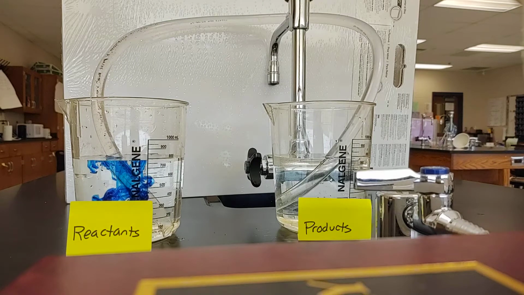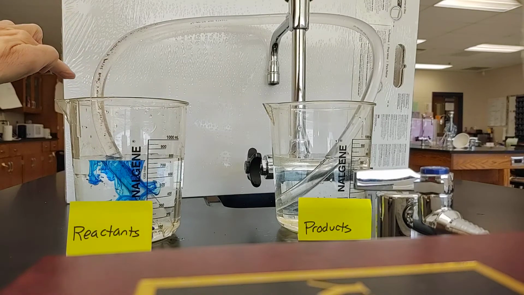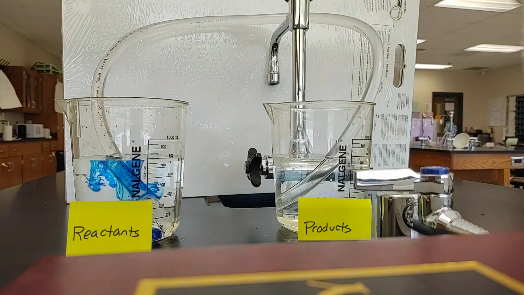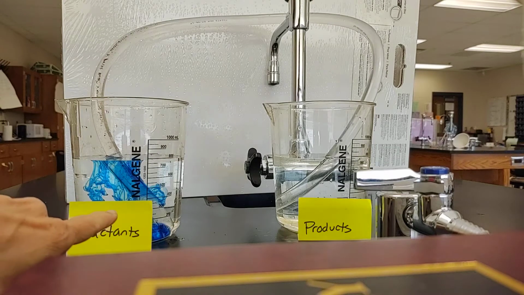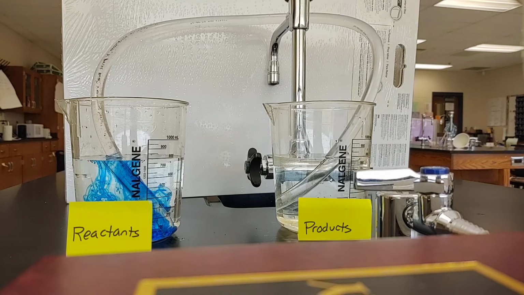Okay, so we have our two containers. They're both full of water. They are connected by a tube, and the tube is full of water as well. And as you can see, one is labeled reactants and one is labeled as products. Le Chatelier's principle says if the dynamic equilibrium is disturbed, the system will shift to counteract that disturbance. If something is changed, the system is going to shift in a way to sort of nullify or cancel out